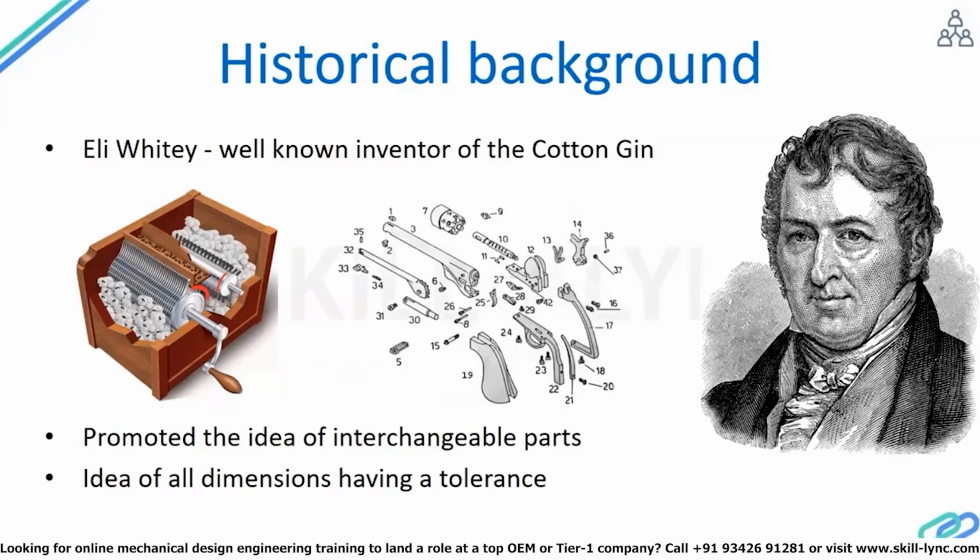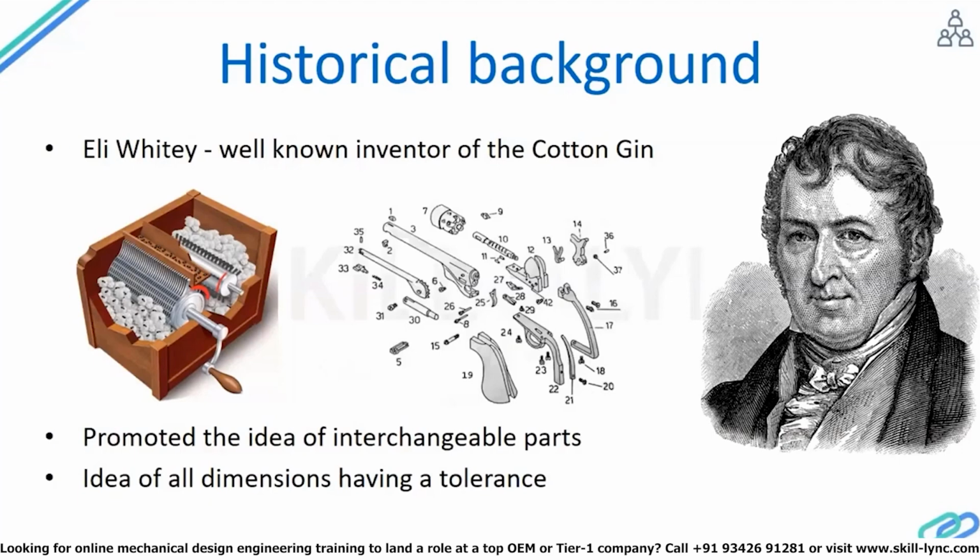So that is, again, when you have lots of 30 different gun barrels, 30 different hand plastic parts and the different parts, you will be able to take any part from any lot and you will be able to assemble those parts for getting a final product of the gun. So this is where the world started to understand, yes, each and every dimension has to have a tolerance so as to achieve